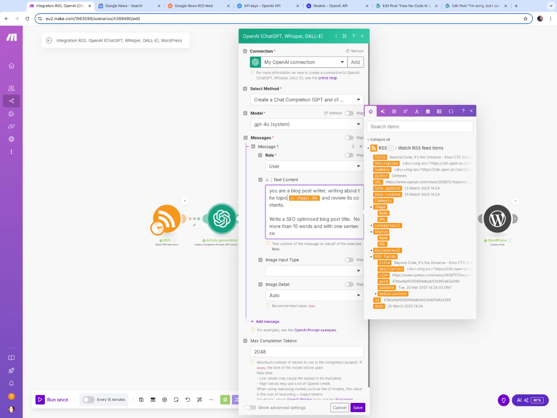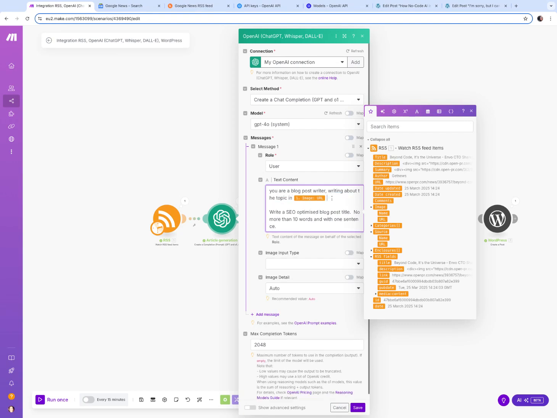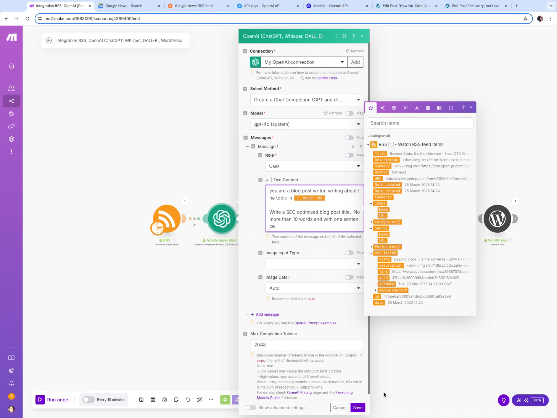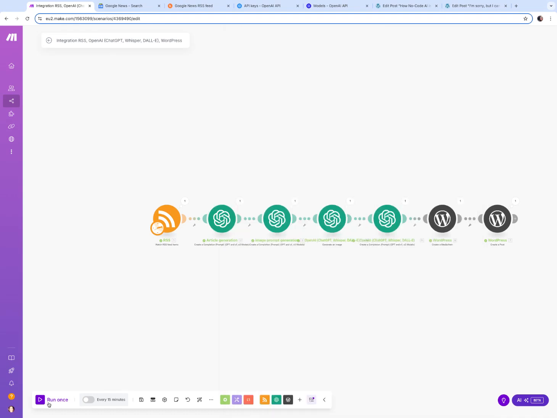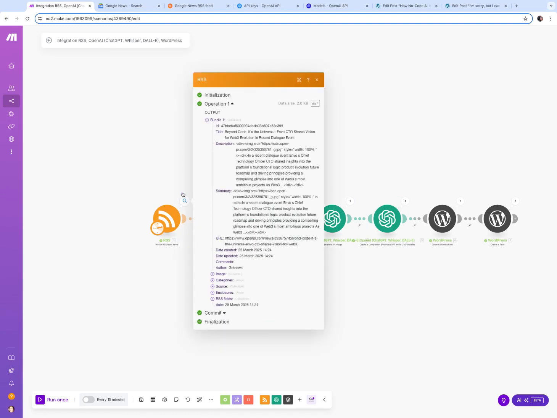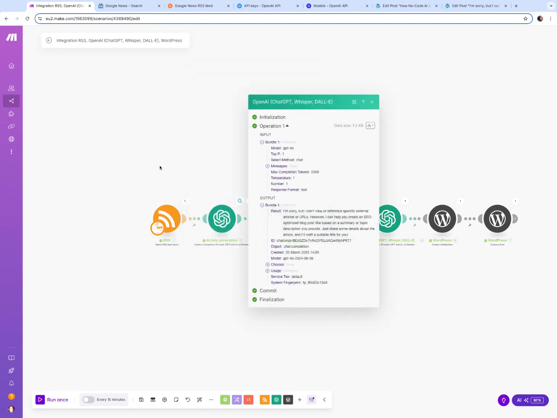Writing about the topic in image URL. I think maybe you need to keep the language a bit less referential to the original content, because what happens here is it's taken the original title and a description and a summary, so it's brought all that across, and then when we look at the output here,